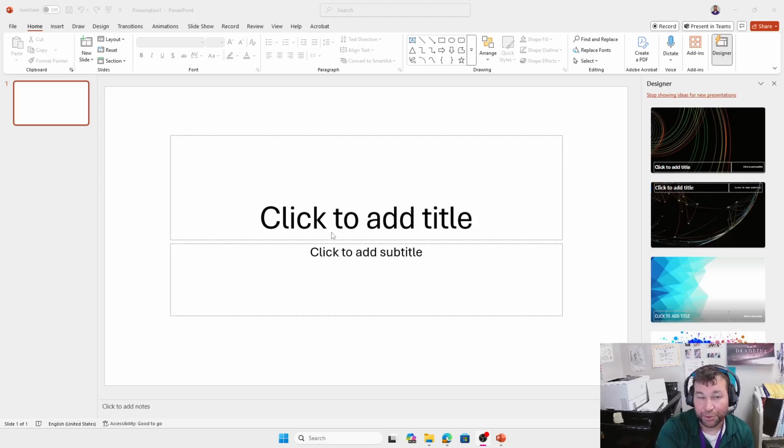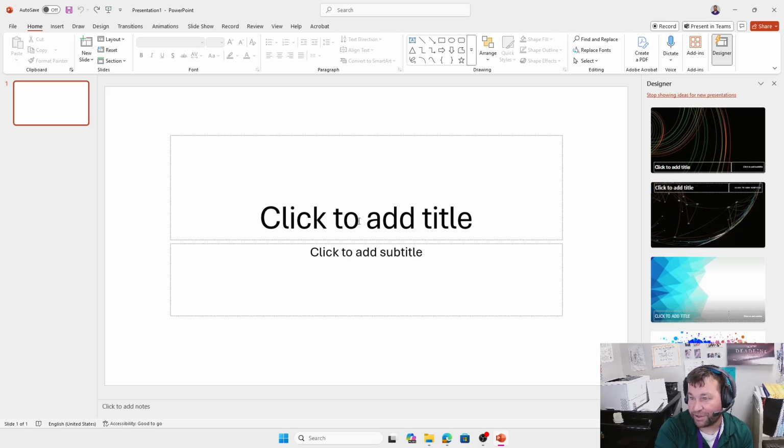PowerPoint. So the first thing is, if possible, you want to use the PowerPoint application in Windows. The online one will still work, but the linking is a little bit different. So it's a lot easier to do this project on the PowerPoint app rather than the online version. When you open up a blank PowerPoint, you're going to get a blank